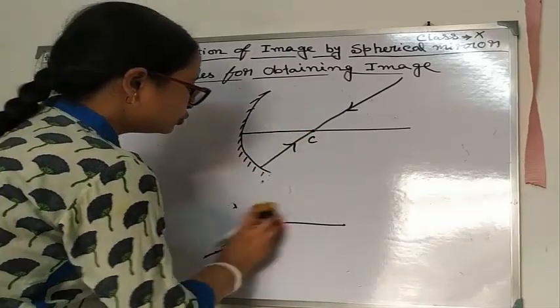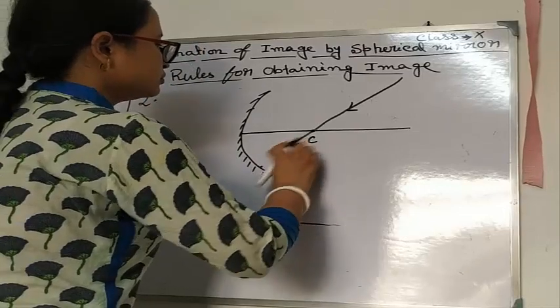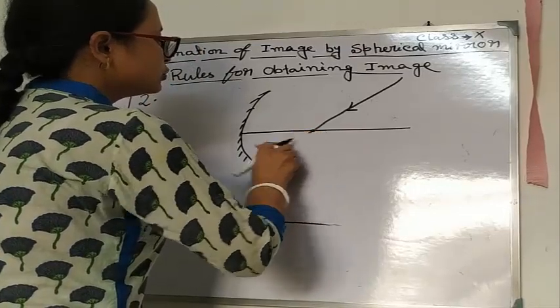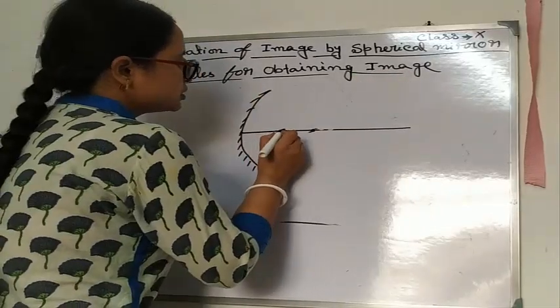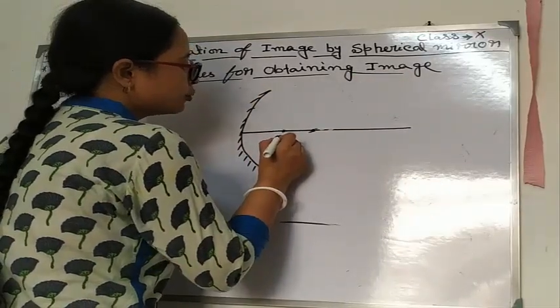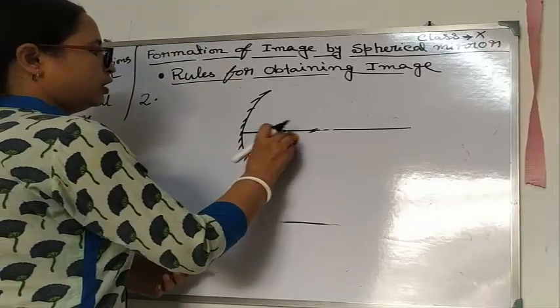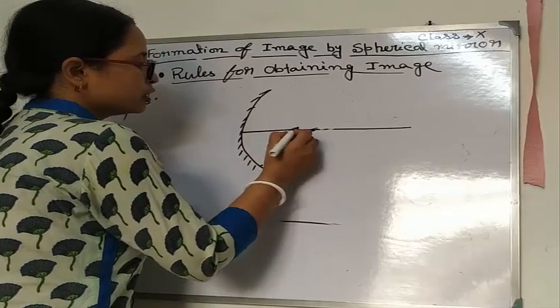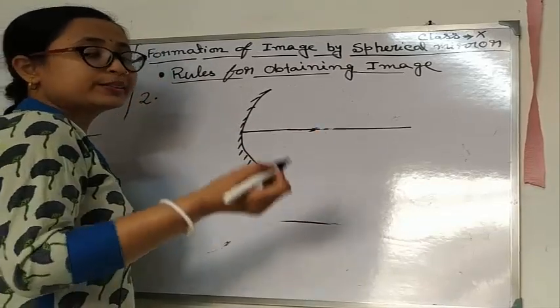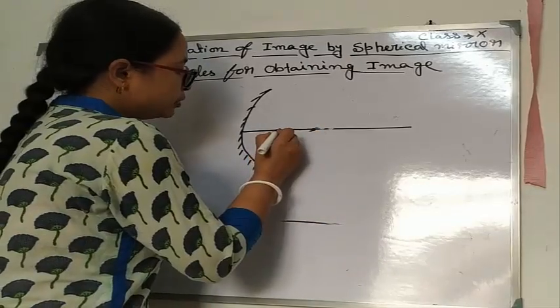Now the third rule we have to learn. Center of curvature we have learned. Now if the light ray, this is the center of curvature, suppose this is our focal point, midpoint. You can draw this with your rounder also, so that you can easily locate the center and midpoint.